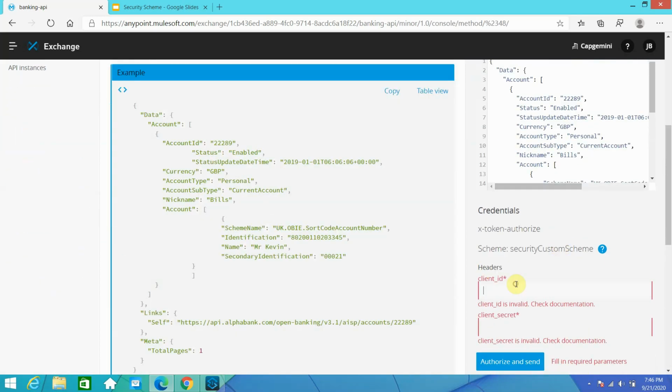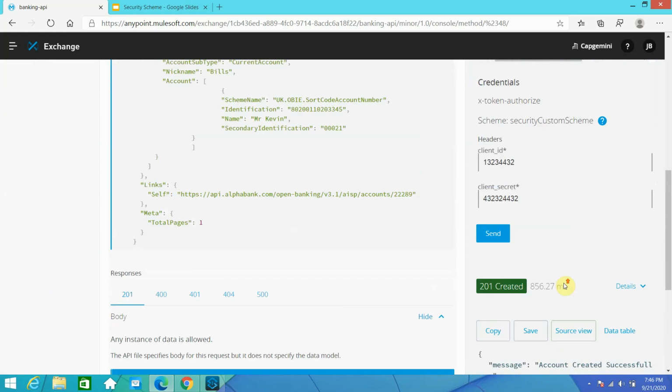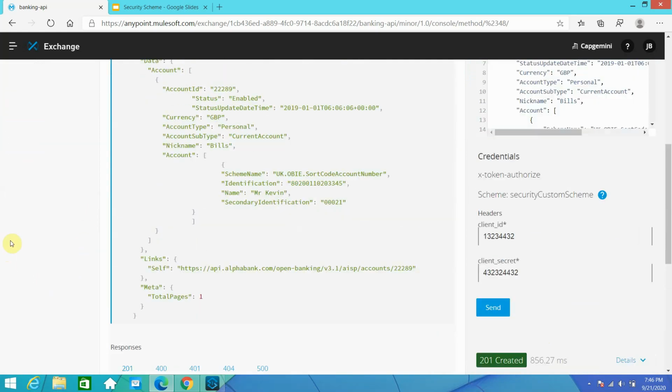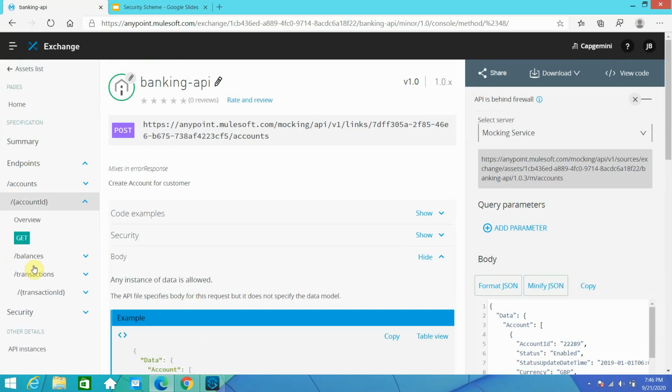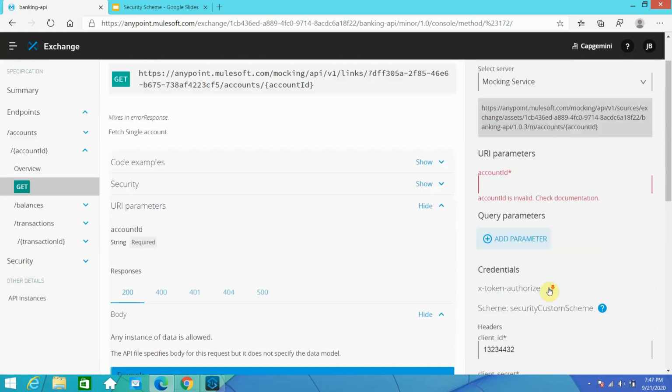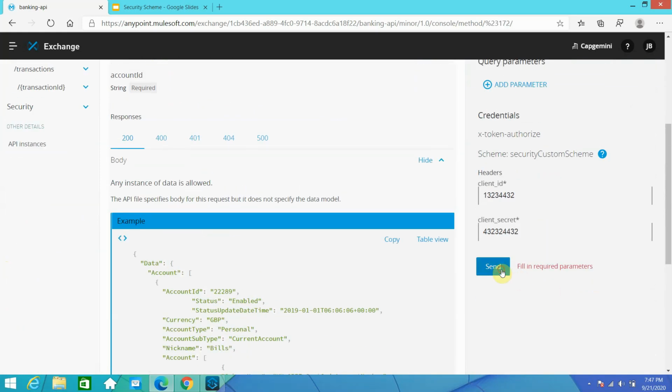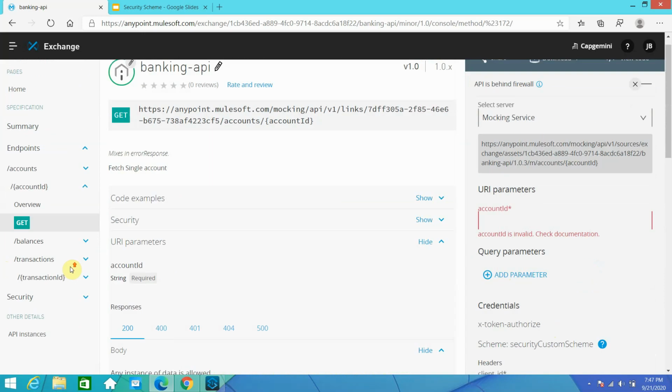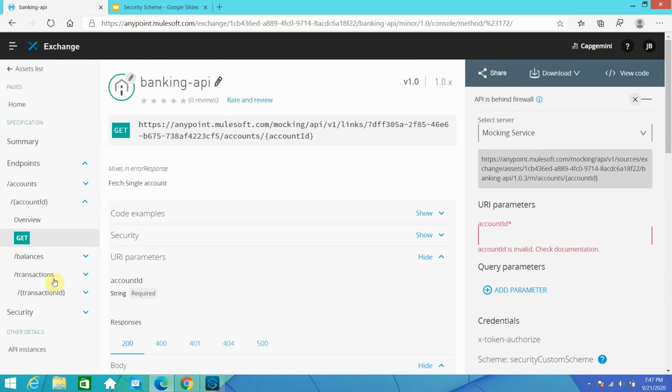Okay, you can see the client ID and the client secret. You can say send. So you can see the message, and this will apply to all the methods. If you see get, you can see that it's applied to get also, right? So this is how you can use the custom security scheme in your RAML, right?